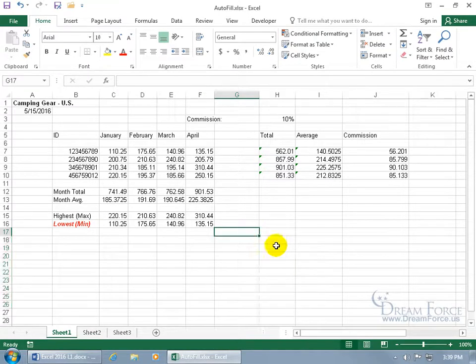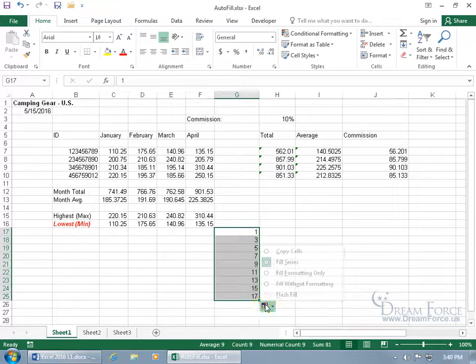Or better yet, delete that. We can give it a slightly more complex pattern, maybe 1, then enter 3. What comes after 3? Well, let's let it figure it out. Select the 2 cells to identify a pattern, then click and drag the autofill. Cool. And then you can click on its autofill options again if you just want to copy the cells or